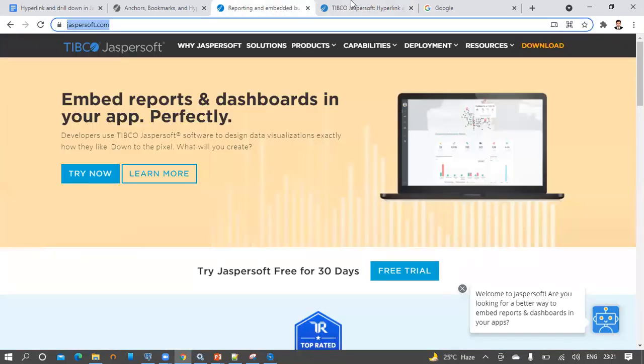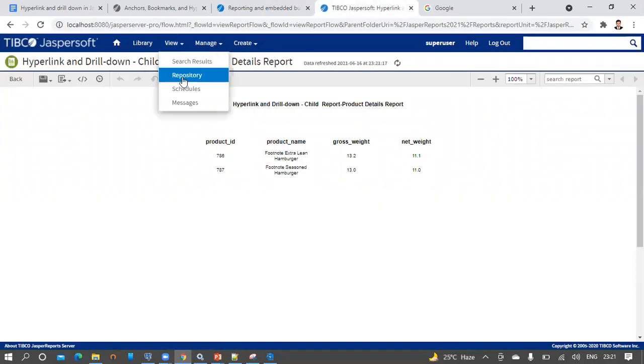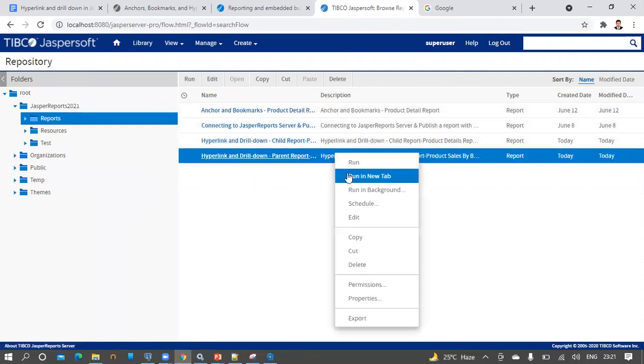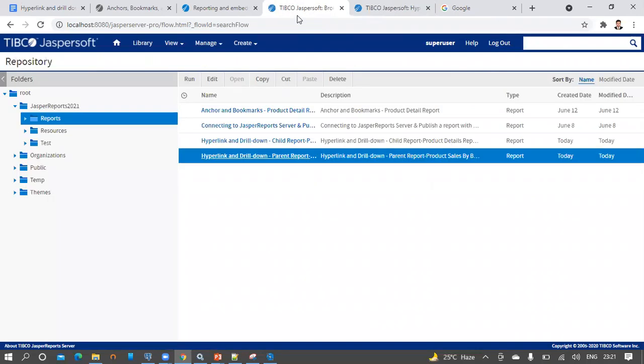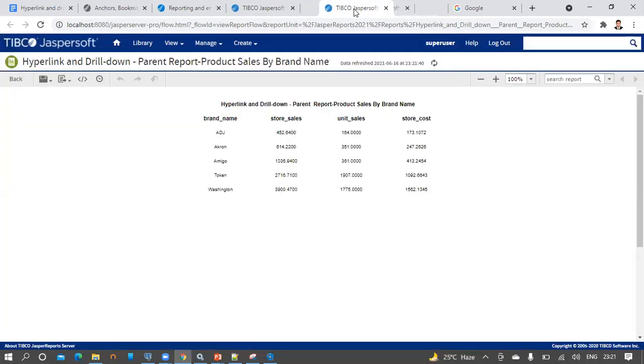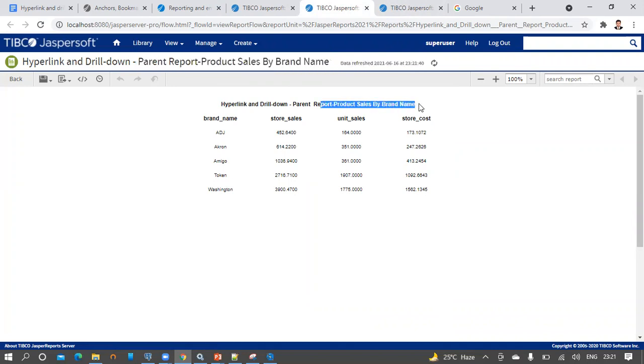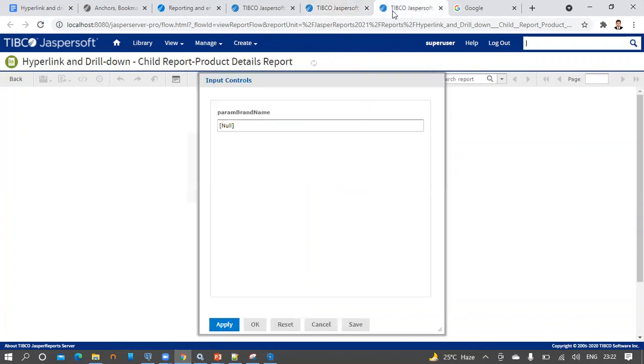Now we are going to go back to the repository. Let's run these two reports separately to get into the new windows. So first the parent report, then the child report. So this is the parent report here, and we can see the product sales by its brand name. So here ADJ is a brand, Akron is another brand, and the corresponding sales details we can see in the report output here. And in the child report,